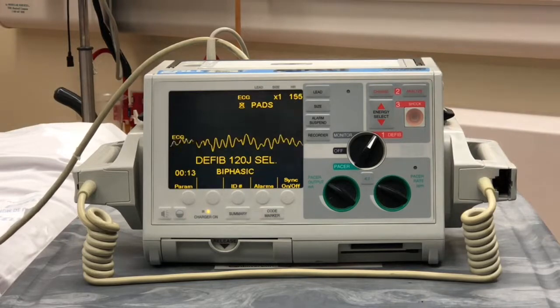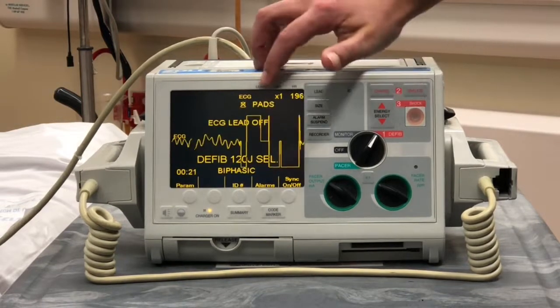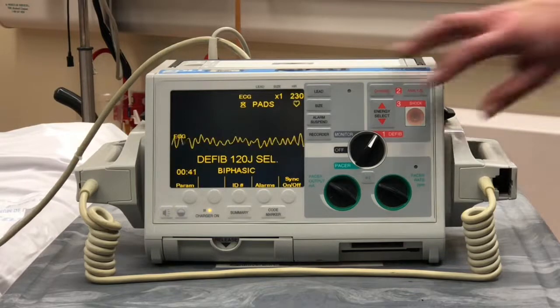If you have the pads on only, you can press lead to make sure that you are reading your rhythm through the pads without taking the time to place the 3-lead ECG. As you can see, we're in ventricular fibrillation and time is of the essence to shock, our goal being 2 minutes or less. So we're going to go ahead and arm our defibrillator and charge it to 200 joules for